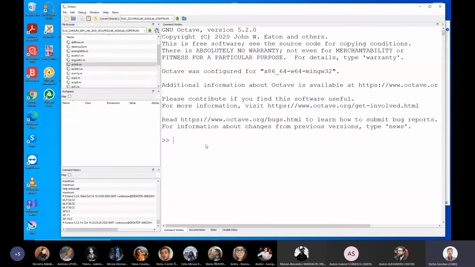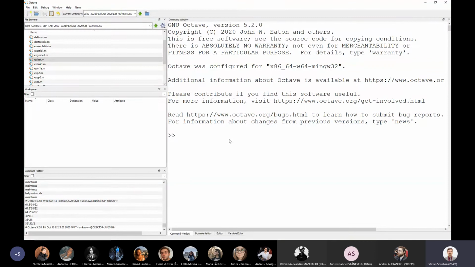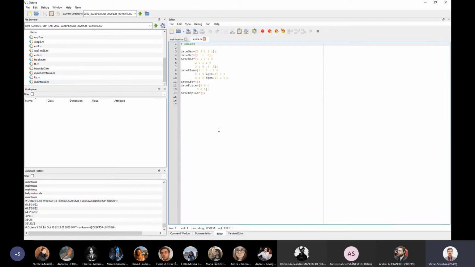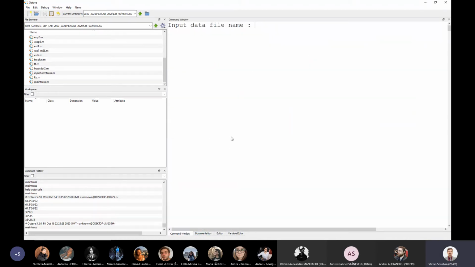So let's start. First, it's a good idea to run the code. From the command line window here, you must type the name of the program, and this is mine trust. Enter, and the program asks for an input data. I will take xlink without m. And the program reads this file and gives us total number of nodes, total number of elements,